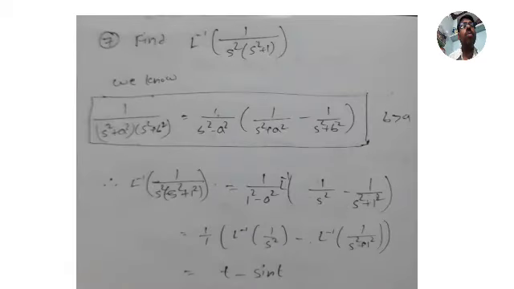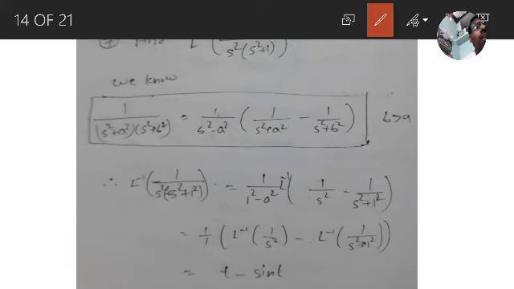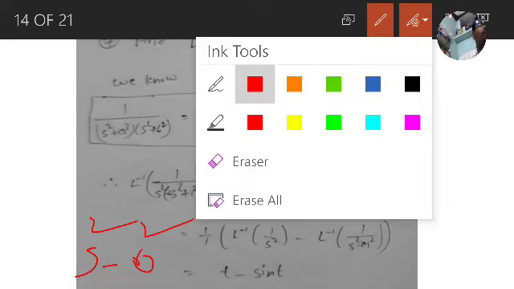So the next problem is again very similar to the previous two problems. All these are previous questions from semester end exams for 5 marks. What is the seventh problem? Find L inverse of 1 by s square into s square plus 1. Again a very similar problem. Here we have s square, which can be written as s square minus 0 square. 0 square means 0, and s square minus 0 means s square. So it is of the same formula.